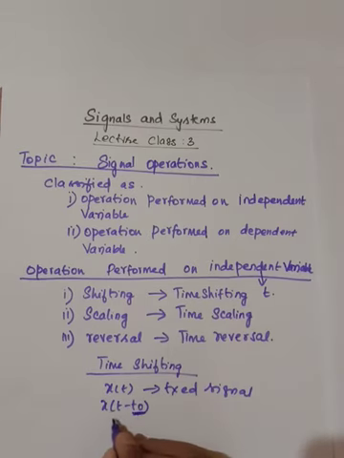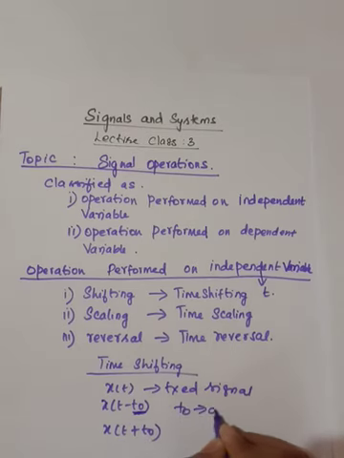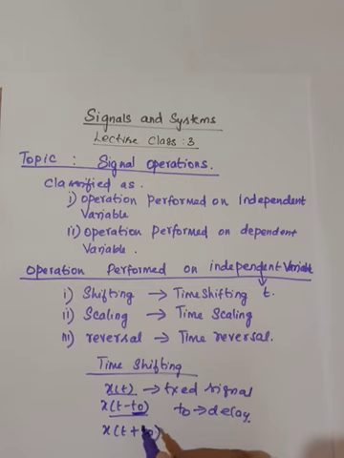In real time, we may not get the signal in advance, but in some systems we can get both x of t minus t naught and x of t plus t naught. So this t naught represents the delay. This is the original signal and this is the time shifted version of the signal. If t naught is positive, which means that it is left shifted and it is advanced. The signal